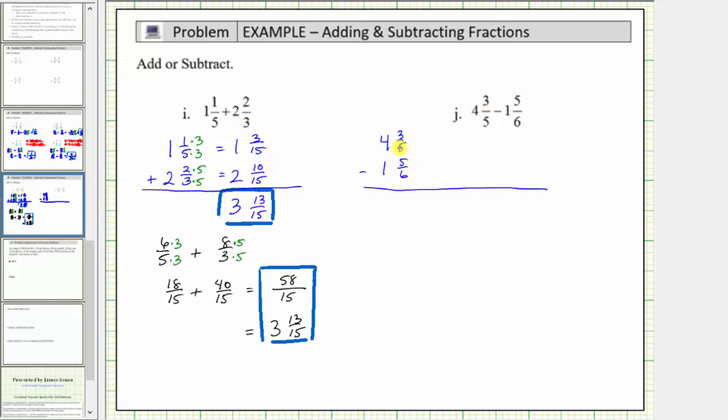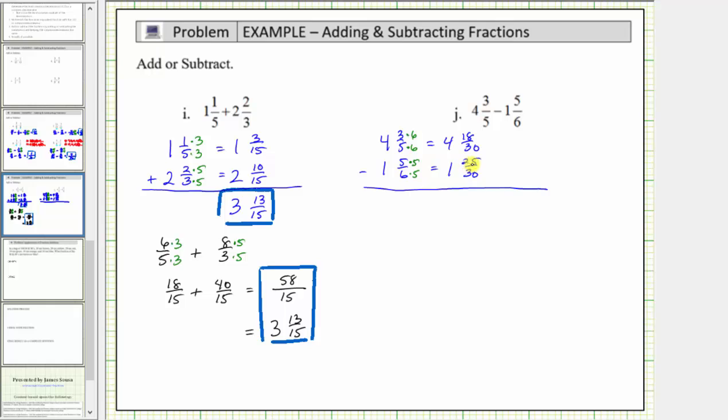First step, determine the least common denominator. The least common denominator is 5 times 6, which equals 30. So we multiply the numerator and denominator of 3/5 by 6, and the numerator and denominator of 5/6 by 5. 4 and 3/5 is equal to 4 and 18/30. 1 and 5/6 is equal to 1 and 25/30. Now remember we're subtracting here,